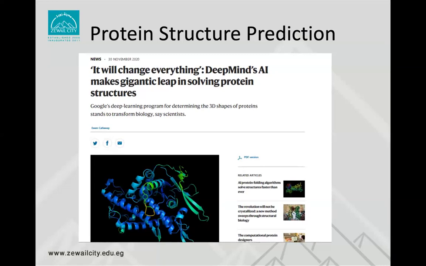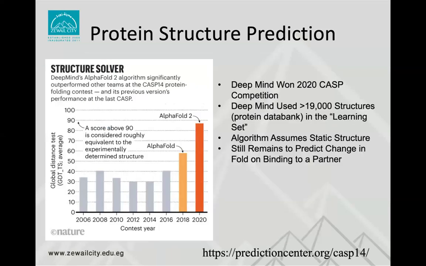The event that really triggered this was a competition. There was a biannual competition, long a biannual competition between the different groups trying to predict protein structure. And in 2019, this competition was won by this deep learning algorithm. 2020, I guess. But in order for AlphaFold to get this up to almost 90%